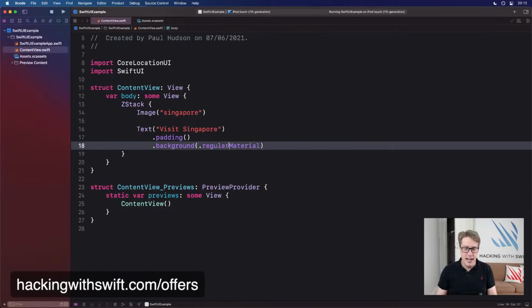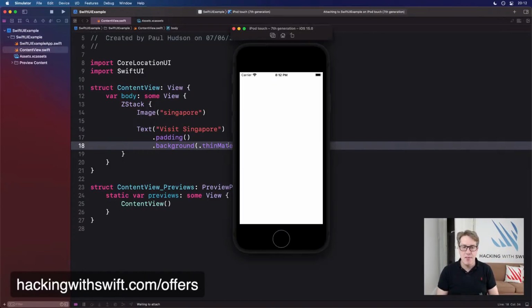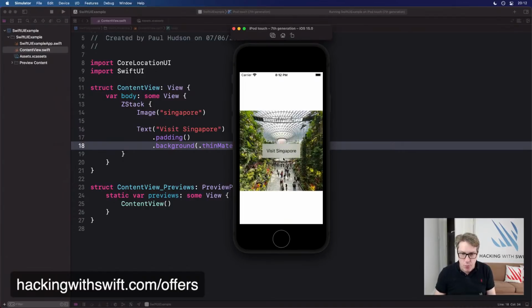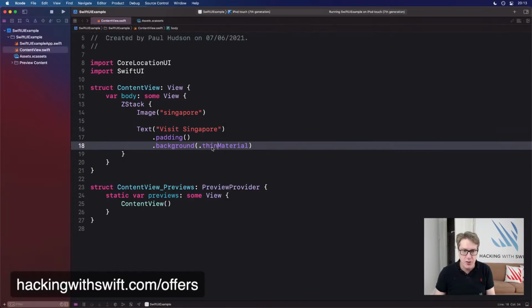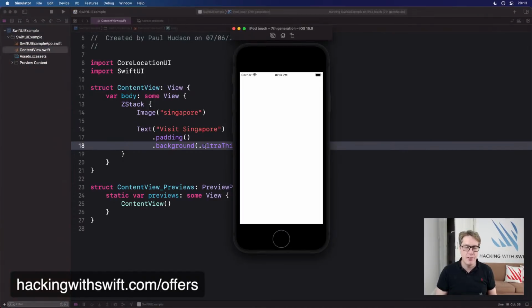Anyway, boom. We now get the natural dimming of our content. It's overlaying it correctly. A little bit of a glass effect behind it. You can now say I want to have maybe thin material or ultra thin material to adjust the amount of effect that goes on there, how much you can see through it. So it's even more visible now, more of the green color coming through. Let's do ultra thin material. So it's even thinner material to get much more content coming through.